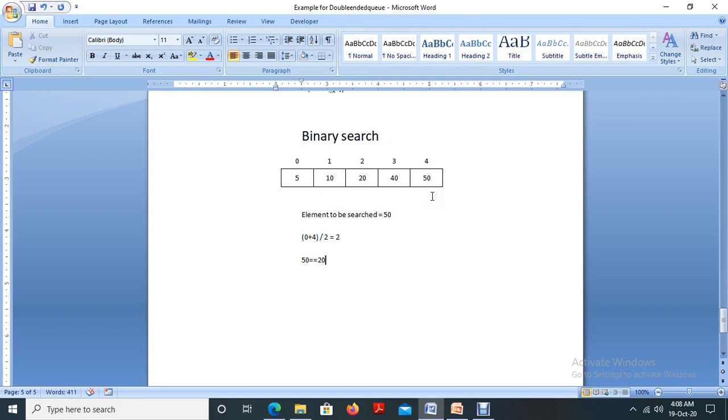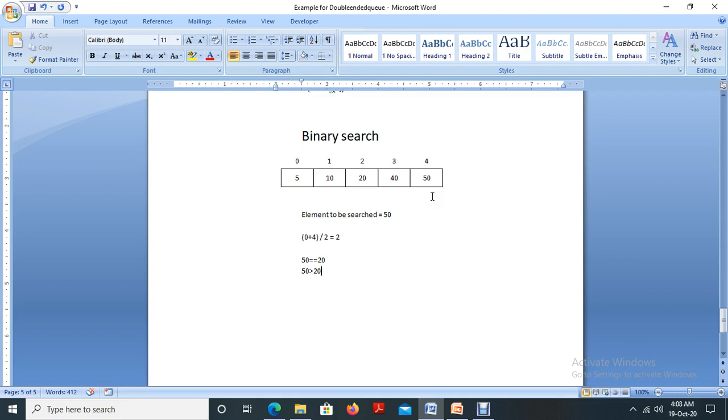Then the next step is to verify whether 50 is greater than 20. The condition is true. The meaning is 50 is located after 20, because it's a sorted list of elements.